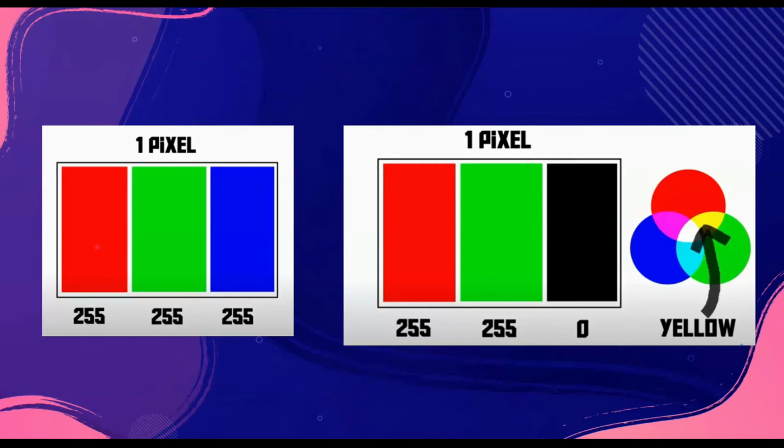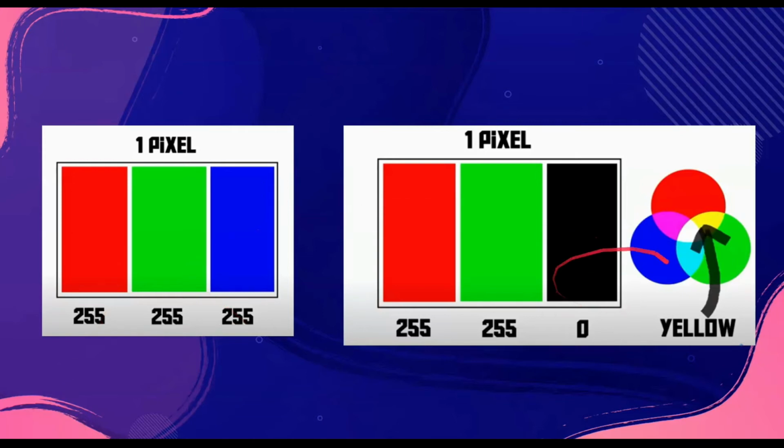A value of 0 in a subpixel means the respective subpixel color is black or represents no color, and if it is 255, the intensity of the color is high, or in other terms, bright. If you take the first pixel, the pixel shows or represents a white color. Since white is made up of red, green and blue, the values of the subpixels are the same, 255.